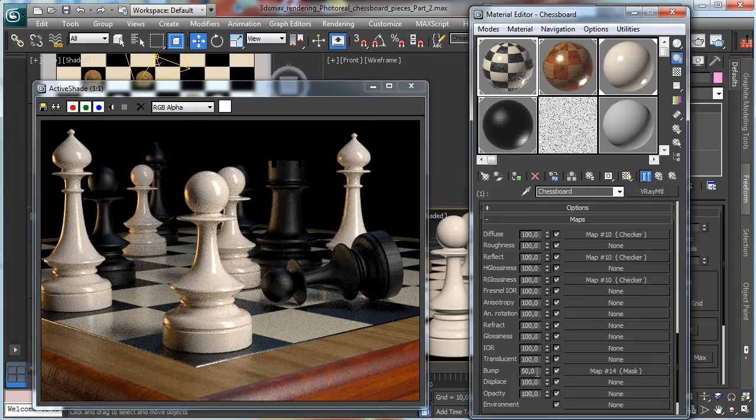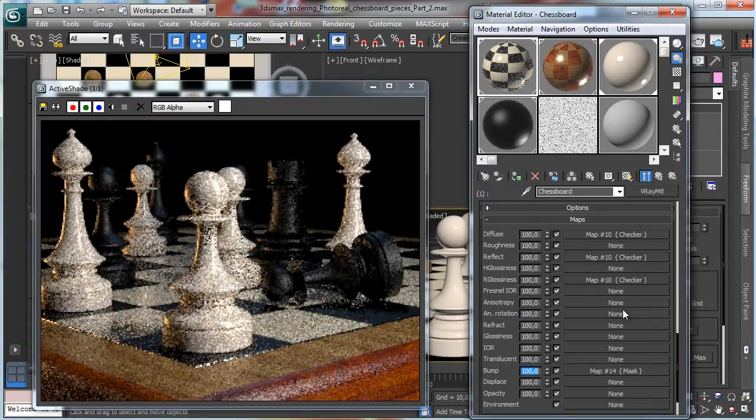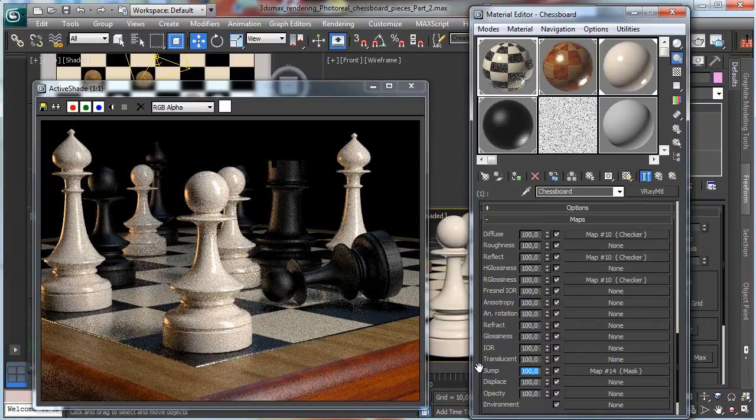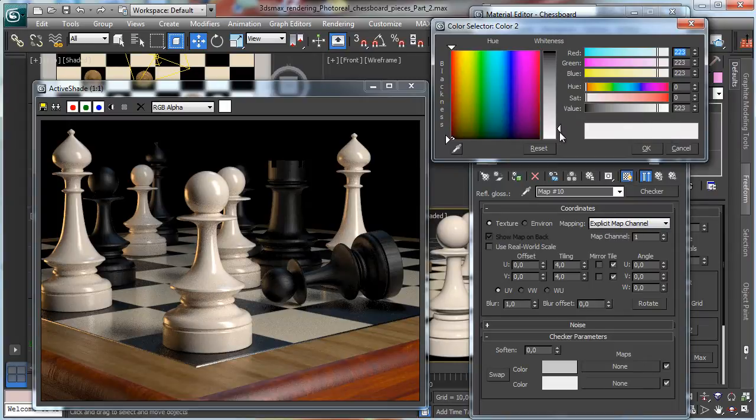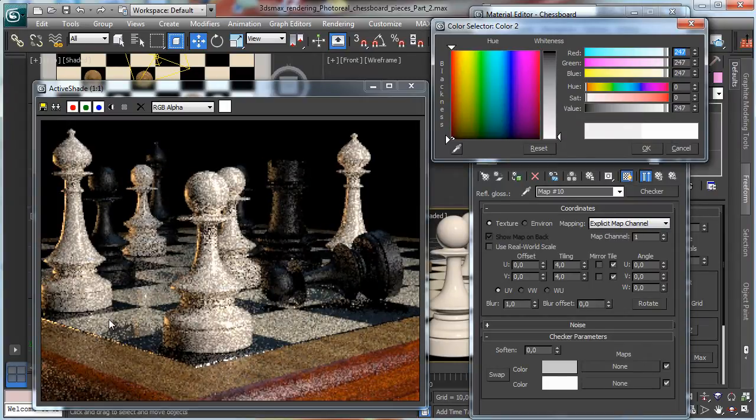Okay, so that's done. I like to work back on the wood there, but before we can work also on the chessboard. So let's see what happens if we have a higher level for the bumping. I like to see more bumping there over the surface. It seems better, I have to admit. So we have no bumping there over the white, and maybe I like to have less glossiness on the clear area there,